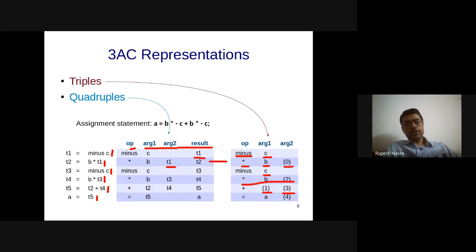So the amount of work that you will have to do in quadruples and triples to identify these patterns is likely to be similar. Shrisha is saying, doesn't the relative positioning matter anyways, because the order signifies operator precedence? Yeah, so this we discussed, that operator precedence is going to be encoded, as well as associativity, in both quadruples and triples.